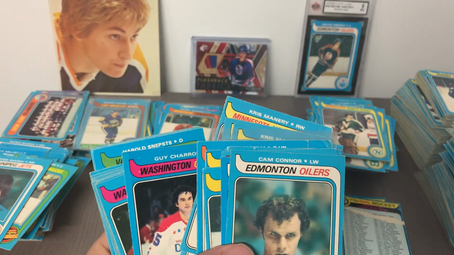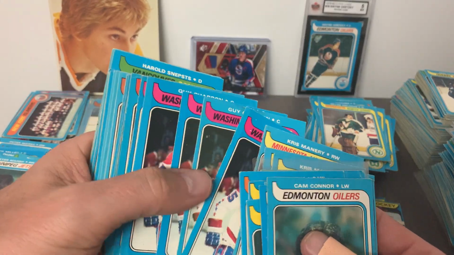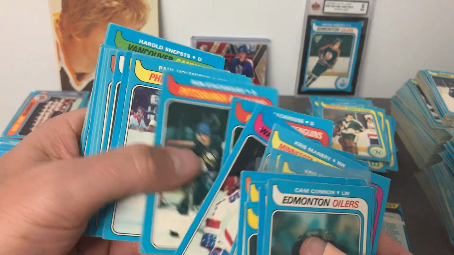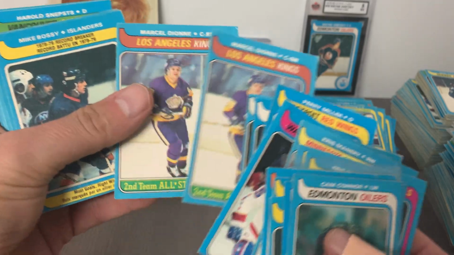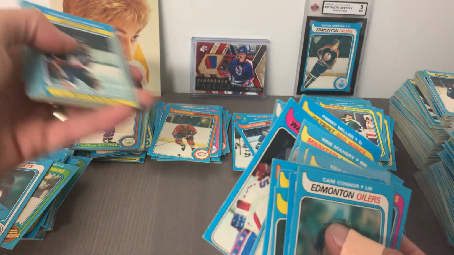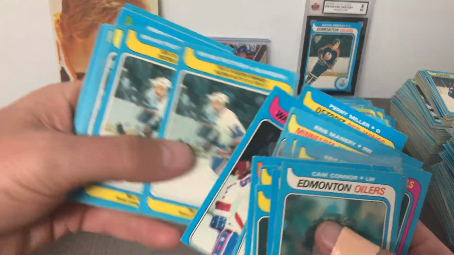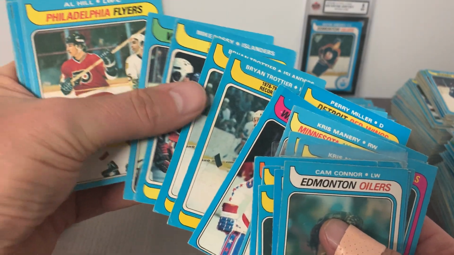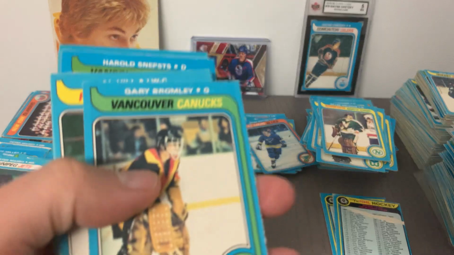Chris Maneri, number 151. Seems to me this isn't his rookie card. I think that was the year before. Stackhouse, more Holmgren, Don Maloney. Here's another version, a couple versions of those Dions. Here's another Bossy, another Trottier, couple Trottiers. So here's a nice little run of cards in the set that you like to pull out